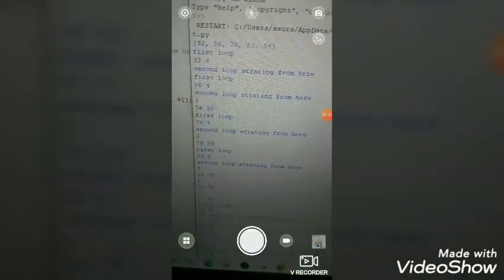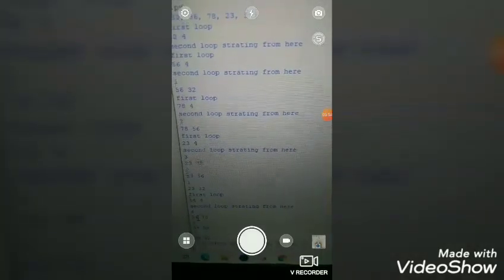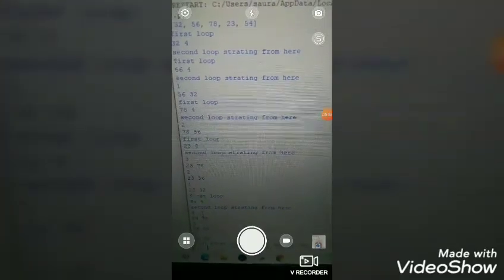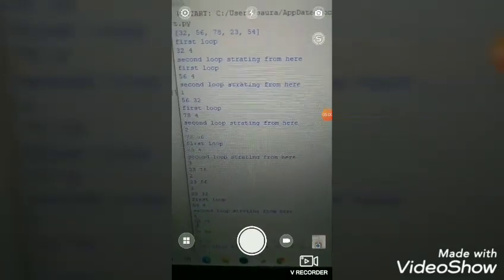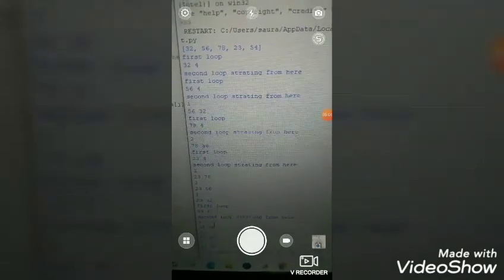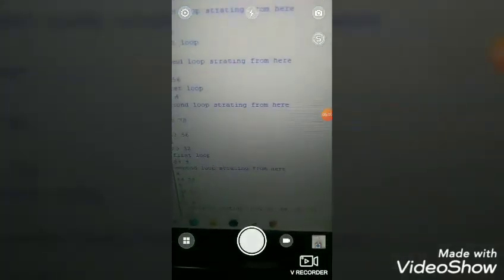Then in first loop this time the value of I is 54, and the index number of 54 is 4, so the loop will run for 4 times. So when we iterate from first time, it swap the value of fourth index number and third index number elements, then third and second, and then second and first. After swapping these values, we will get the sorted list.